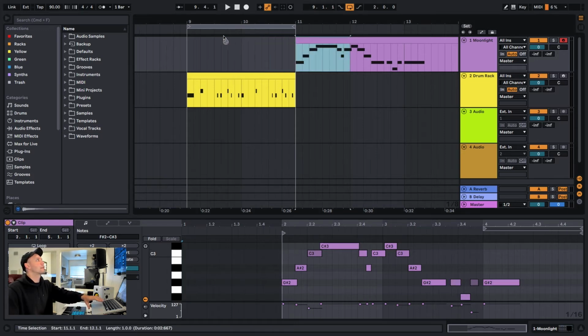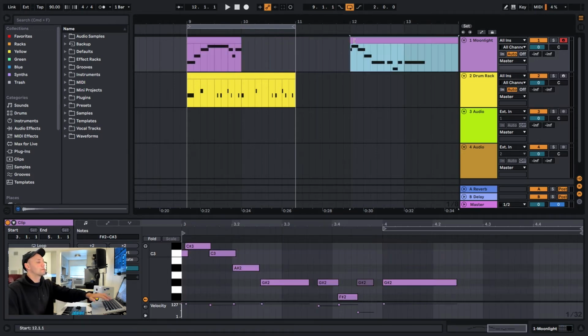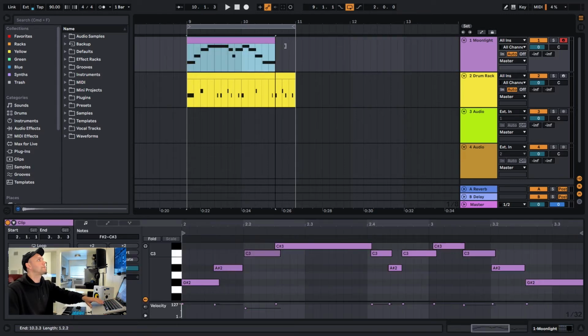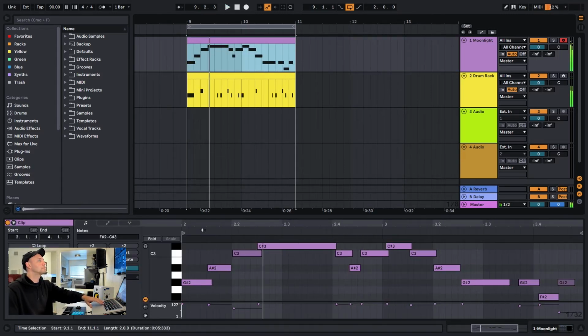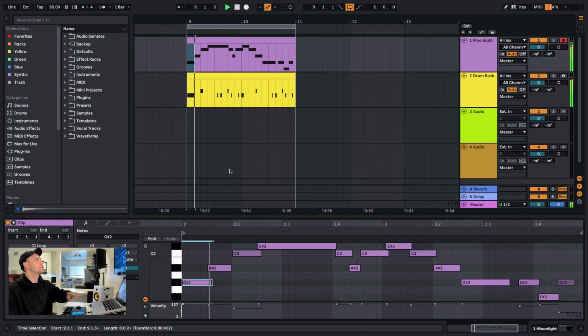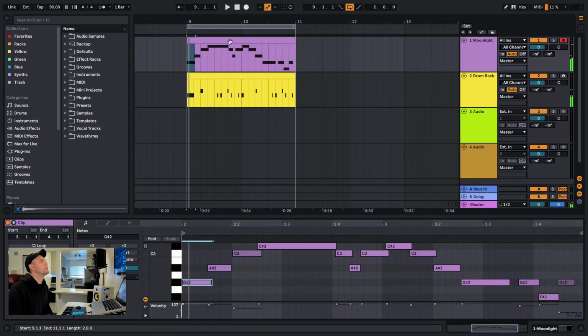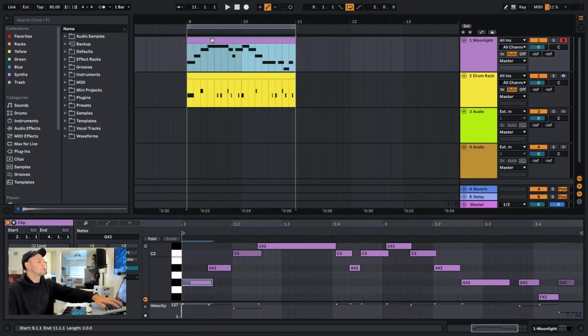So then we can just drag this, whoops, right where we want it. It's a little bit off, so we'll just adjust it. Cool. So you can do some further edits and tweaks to that if you want, just showing you how that works. Another thing that we can do